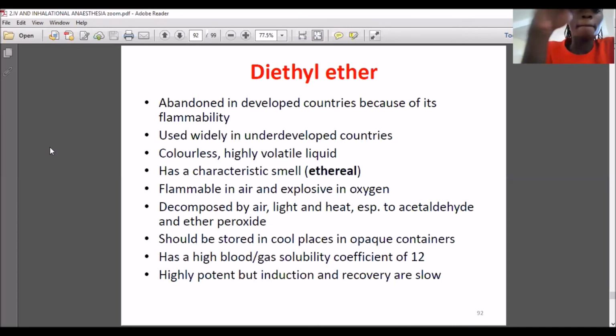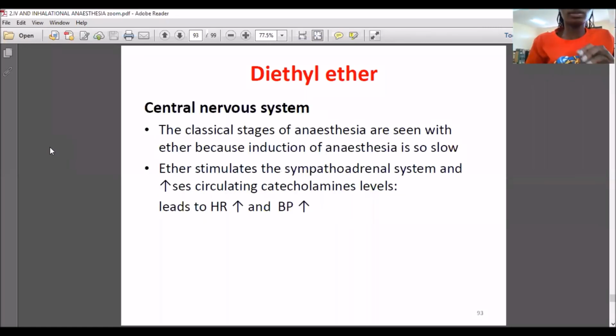It is decomposed by air, light, and heat, especially to acetaldehyde and ether peroxide, and should be stored in cool places in opaque containers. It has a high blood-gas solubility coefficient of 12. Highly potent, but induction and recovery are slow. In the CNS, the classical stages of anesthesia are seen with ether because induction of anesthesia is so slow. Ether stimulates